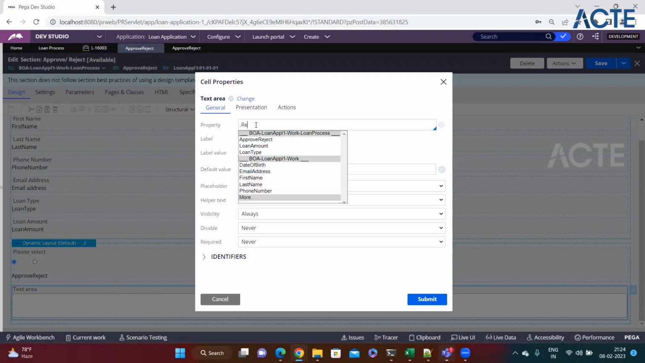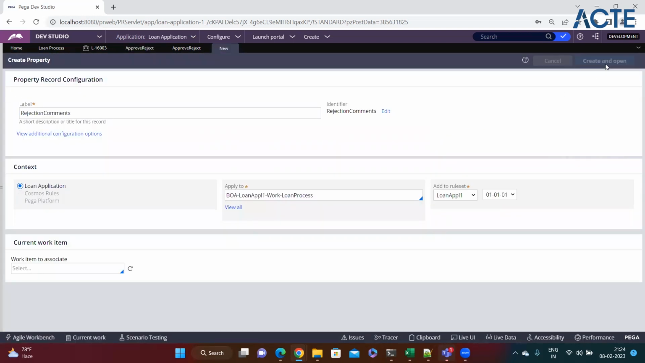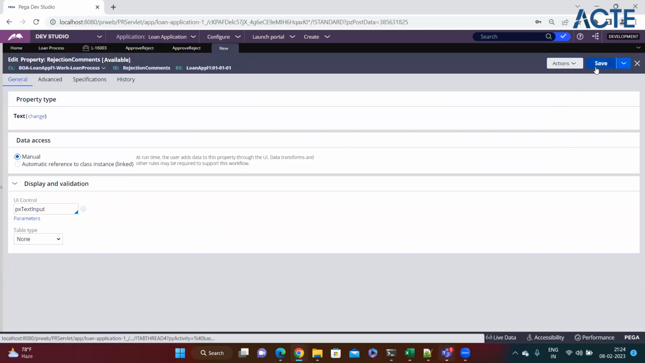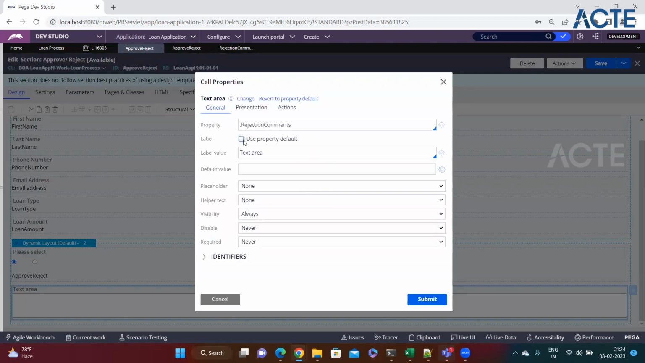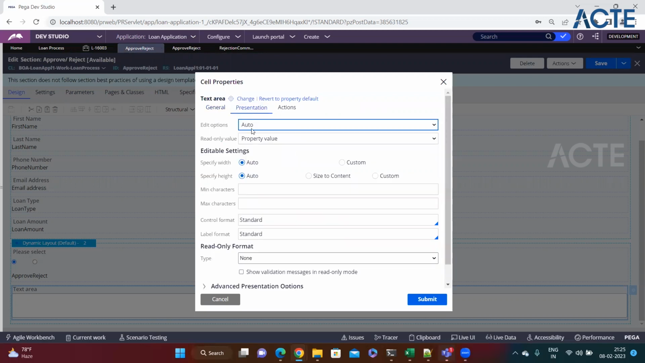So now I just give it the name rejection comments. I'll create this property and save it. Okay, and now go to the UI. I'll change the label to rejection comments. And then, if you want to customize the size or the characters, like the user cannot enter more than 500 words or something like that,